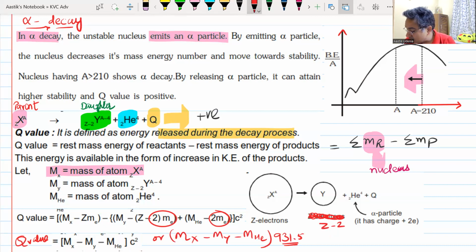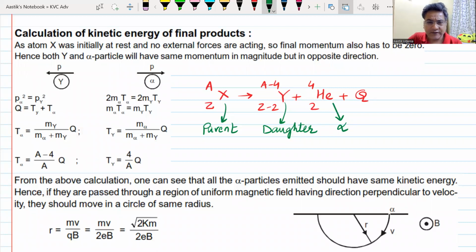Here the mass of the electrons is going to cancel from both sides. Remember, in some cases the mass of the atom is given, in some cases the mass of the nucleus is given. If the mass of the nucleus is given, there is no problem at all. If the mass of atom is given, you'll have to subtract the mass of the electrons. Here the mass of the electrons will get cancelled from both sides, so the formula remains the same, whether you use the mass of the atom or the mass of the nucleus. I hope you understand this. I'll give you 2 minutes to note this down. Then we can move on